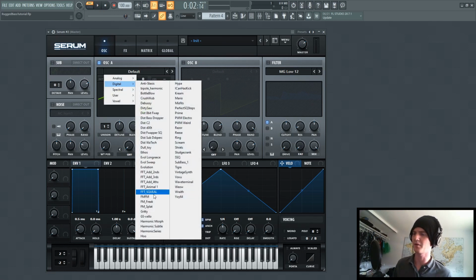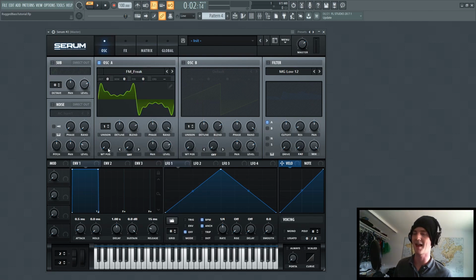I'm going to be using one of my favorite wavetables, and it is the FM Freak. The reason I like this one so much is because this low end right here just kind of has a cool timbre to it when you use the left half of the wavetable position. Now this patch has a couple of interesting things going on in it,